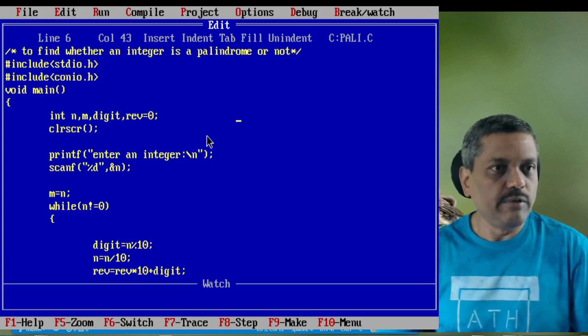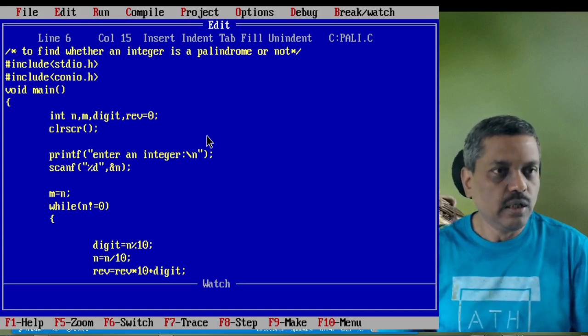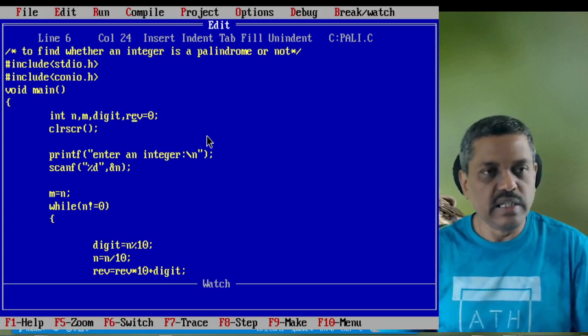Anyway, how many variables we need, we have to figure out. We need one variable to store the number, and then to safeguard we need another variable, and to extract the digit from the number we need another variable, and to store the reversed number to check whether it is okay or not, we need another variable.